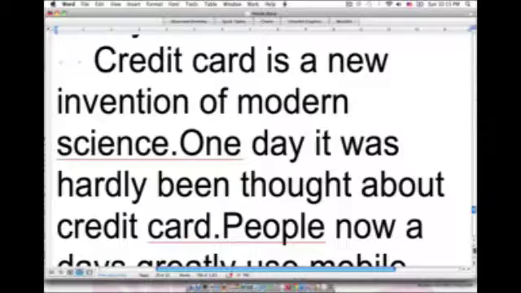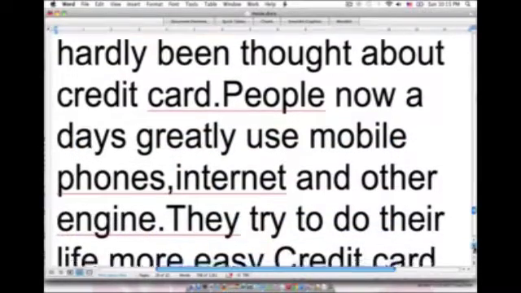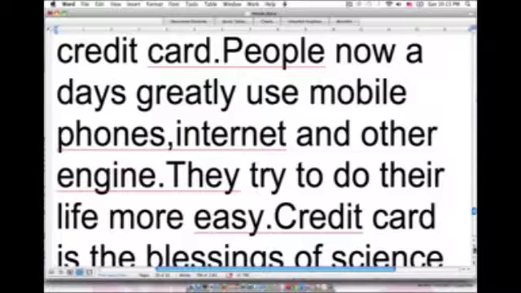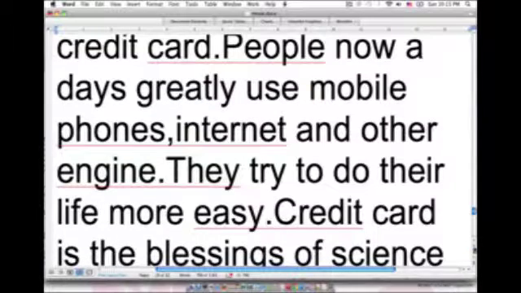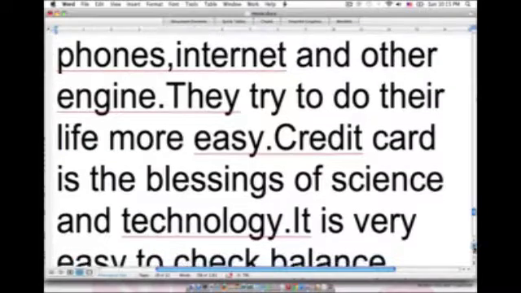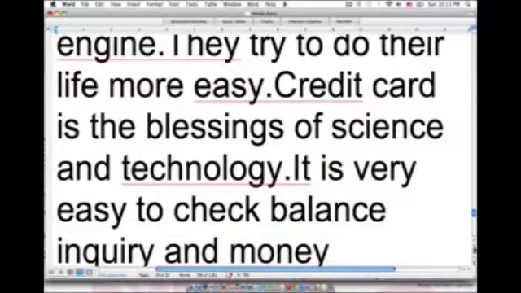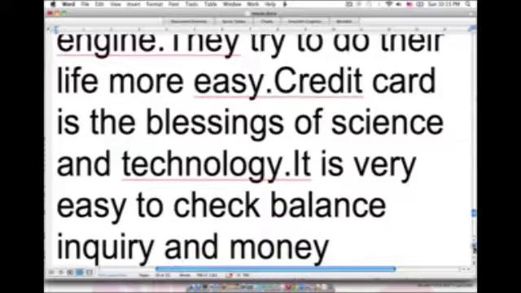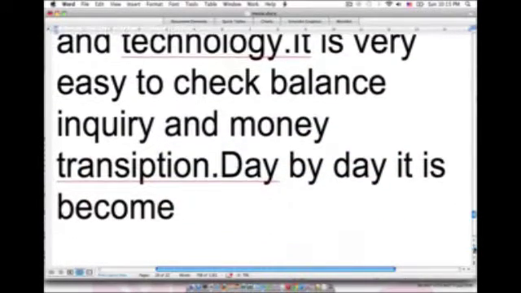One day it was hardly been thought about credit card. People nowadays greatly use mobile phones, internet, and other engine. They try to do their life more easy. Credit card is the blessings of science and technology. It is very easy to check balance, inquiry, and money